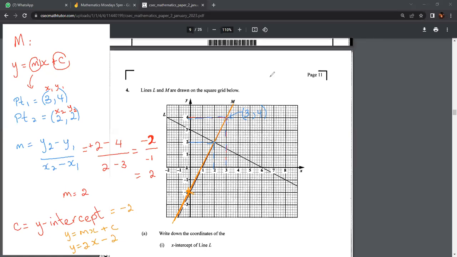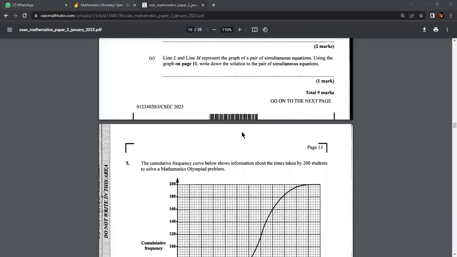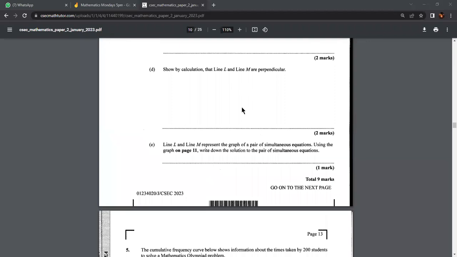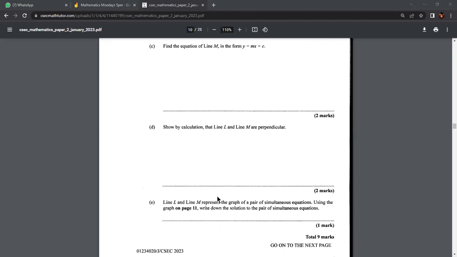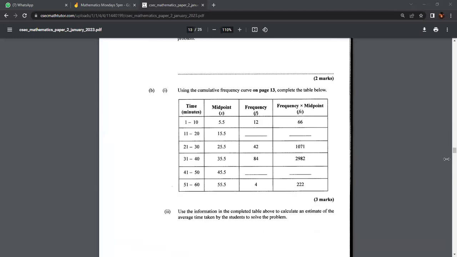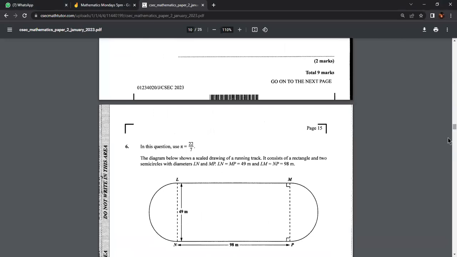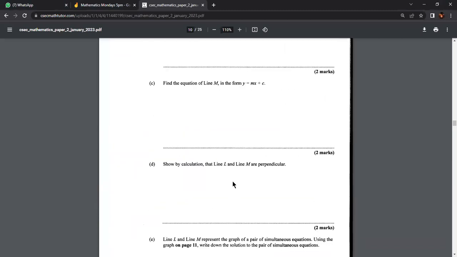All right, so let's look at the next part. Show by calculation. When I'm finished with these, we'll stop, okay? Let me just finish off these two, and then we'll stop, and I'll complete the others in the next class. Again, I might have to increase our classes over the vacation, the holidays, so that I'll be able to cover